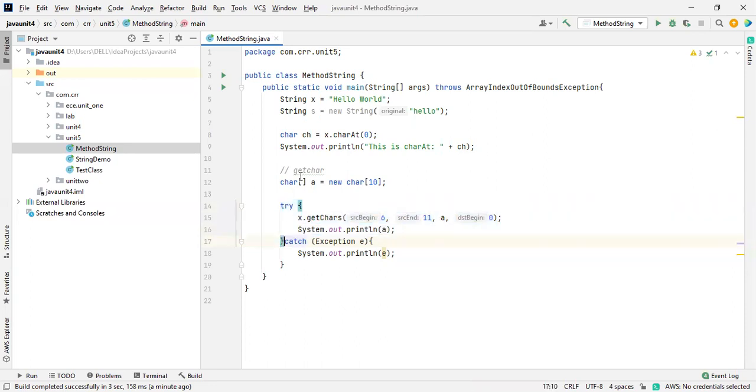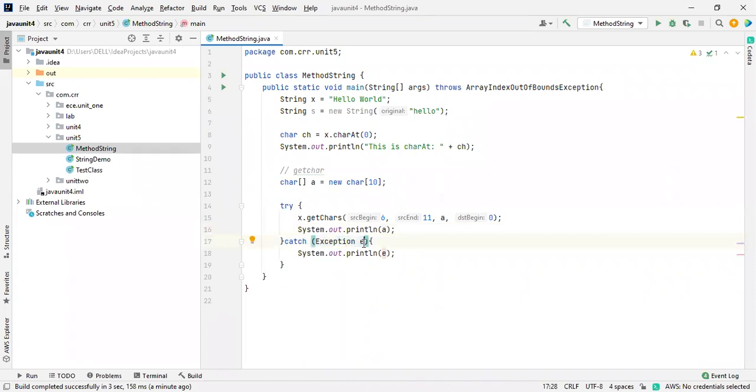So with practice only, you will understand what all the errors will occur. Just make sure that you have a good idea about the exceptions. Directly at the time of a method declaration, you can declare it over here, or else we can use a try and a catch block. So this is like a default exception. So you can directly catch whatever happens inside this try block. Whatever the exception is, this is an exception. Like if it is divided by 0, it will be caught. Everything will be caught by using this exception directly.